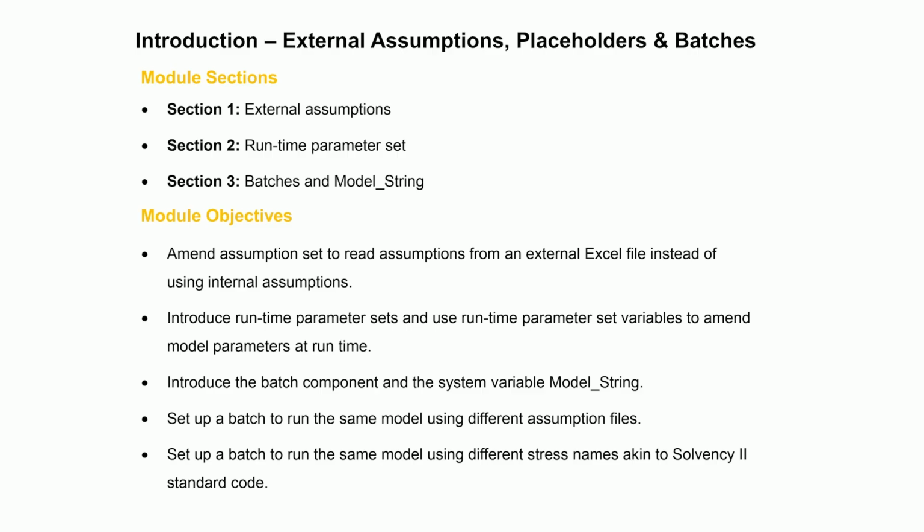The objectives are as follows: amending assumption sets to read assumptions from an external Excel file. Introduce the runtime parameter set component and use runtime parameter set variables to amend model parameters at runtime. Introduce the batch component and the system variable model string. Set up a batch model to run the same model sequentially using different assumption files for each run. Set up a batch model to run the same model sequentially using different stress names akin to our Solvency II